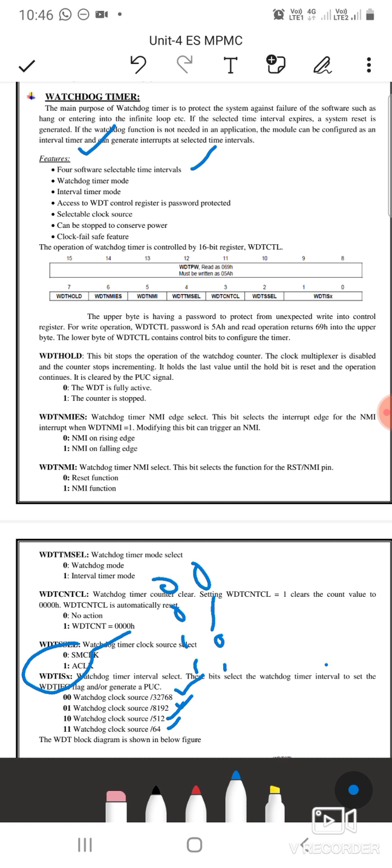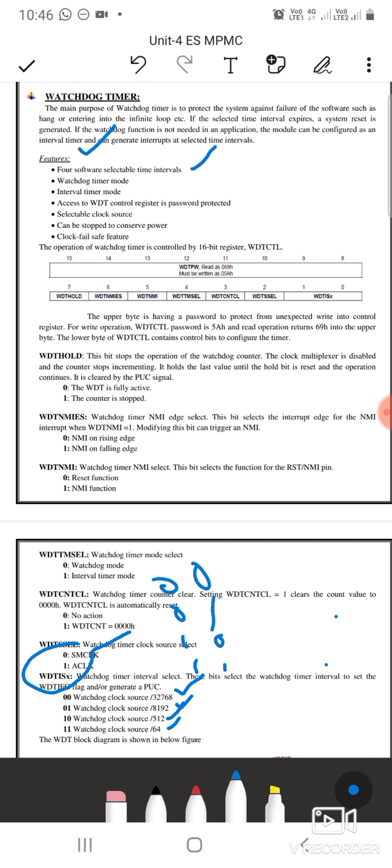So you need to select the clock source for the watchdog timer, be it the auxiliary clock or submaster clock. Once you have selected the clock frequency, that clock frequency will be divided by these prescaling values. The prescaling values you need to select through the WDT-IS, so you will have 4 different prescaling values.